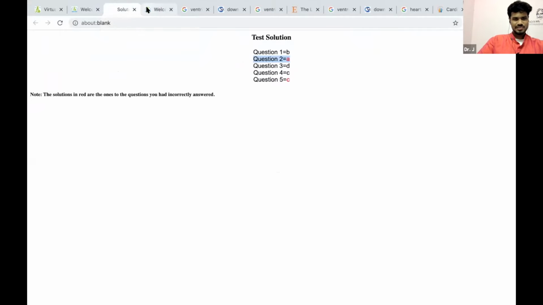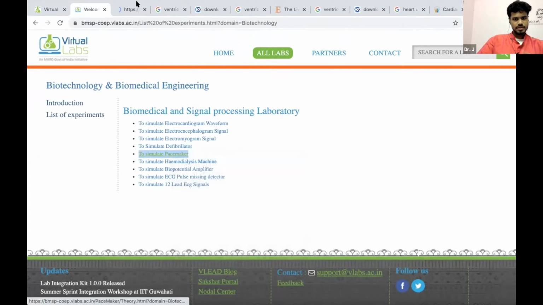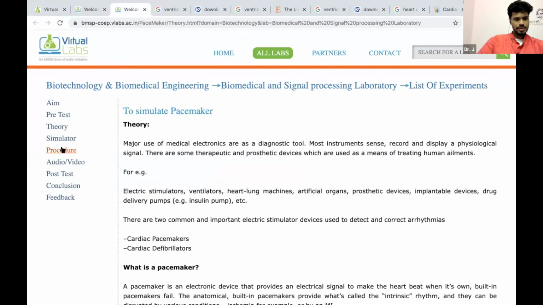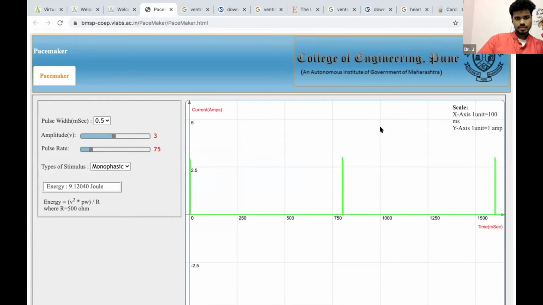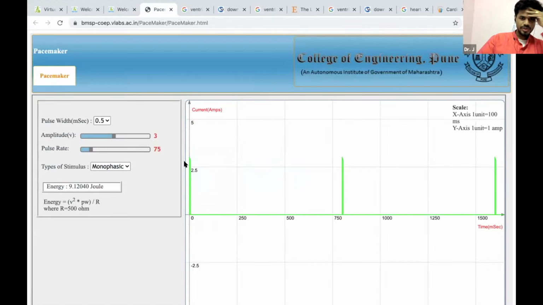But again, technically all these design aspects are important. Fine. Then pacemaker, let's look at one important detail. Now notice I started with an asynchronous pacemaker, so it is not going to take cues from the heart at all. It's going to pace rhythmically. Interestingly, asynchronous will pace every 750, 780 milliseconds or something like that. It's going to send a pulse.